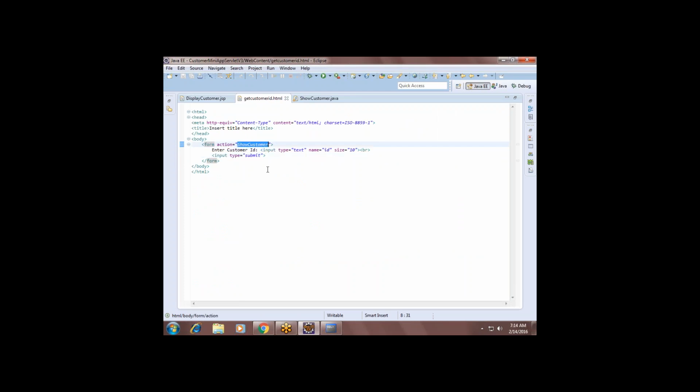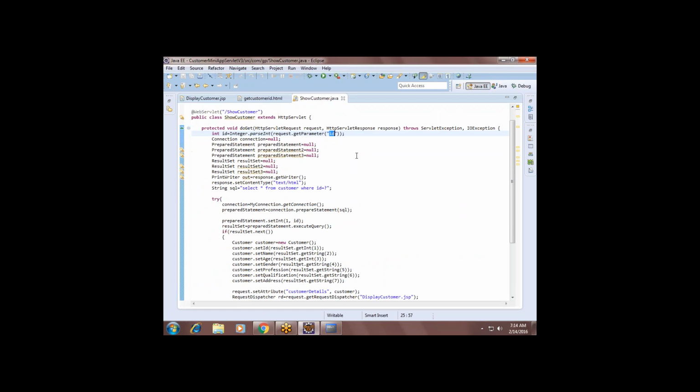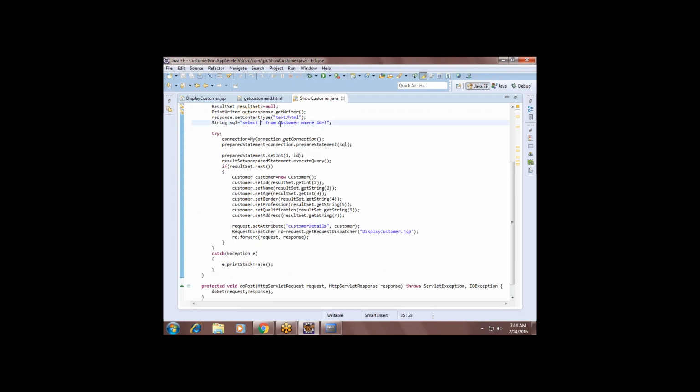It will be submitted to showcustomer.java, where I will receive the ID, prepare the connection and execute the query: select star from customer where ID equals question mark. As usual, I'm getting the connection from the util package, MyConnection.getConnection. Then I'm executing the SQL statement which we prepared. After that, here I'm going to use result set.